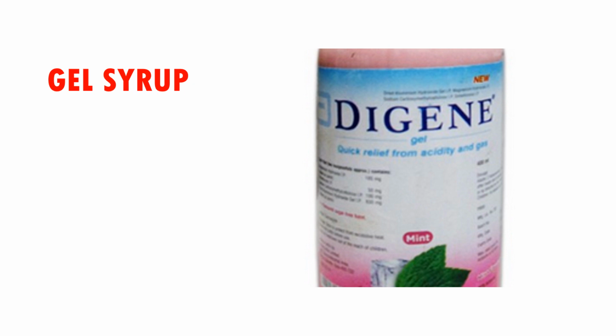Coming to gel or suspension syrups, the classical example, as shown in the picture, is Digene syrup. Antacid gels and antacid syrups are classical examples for gel or suspension, where it is required to shake it before use. Okay, because keeping it still for a long time will lead to sedimentation. To prevent sedimentation, you should shake the solution before use.